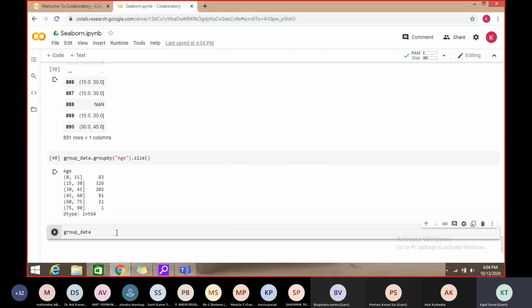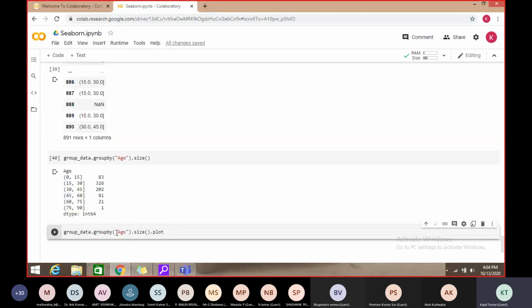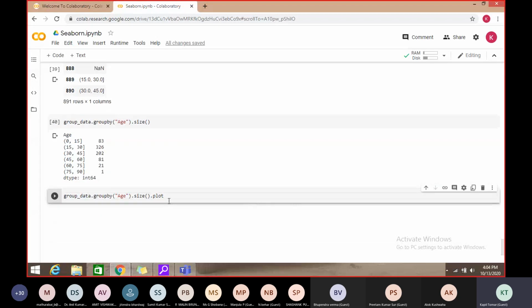group_data.groupby on age, right, then .size. Now we want to plot, and which kind of graph? Let's see what options we have with us.